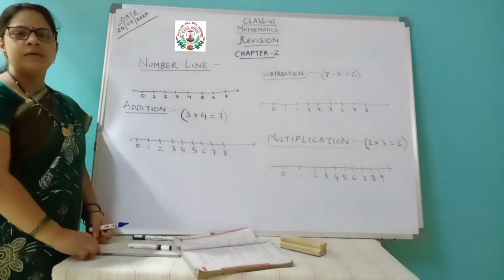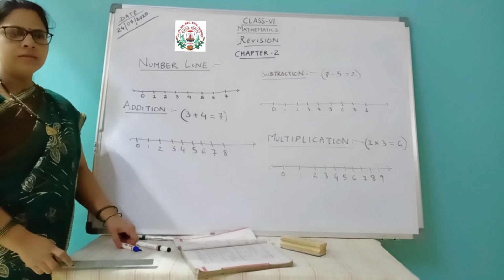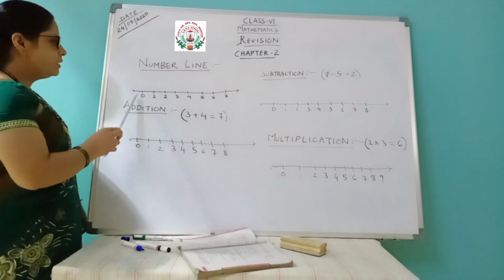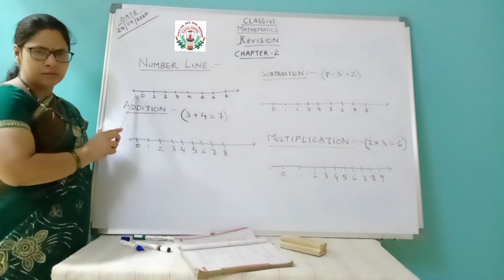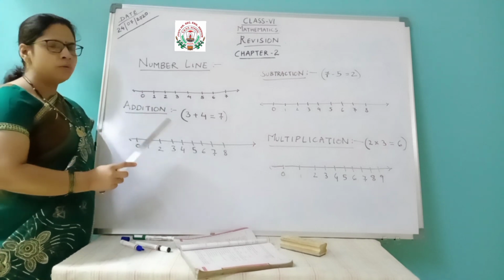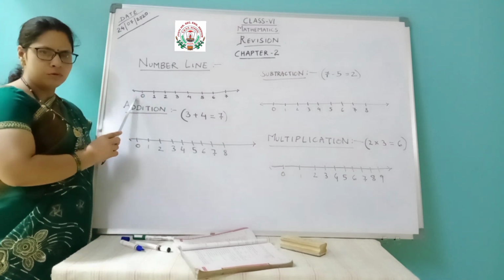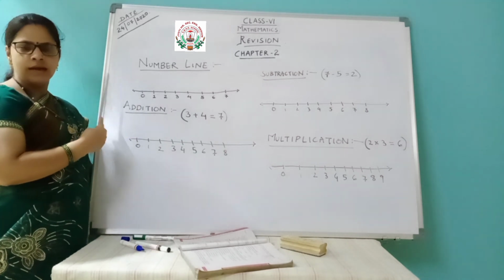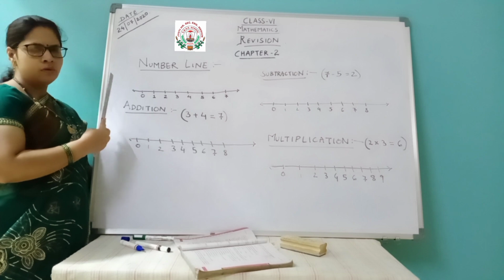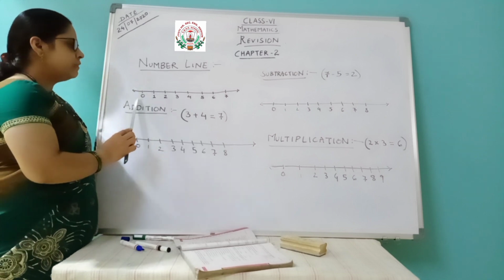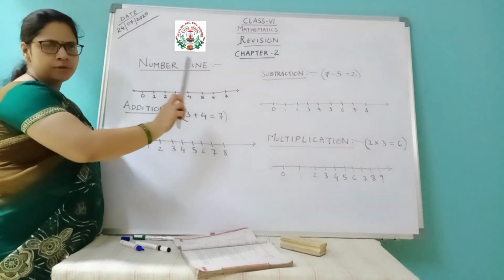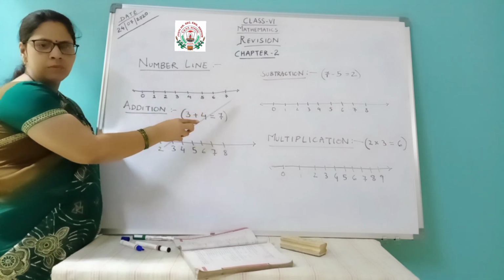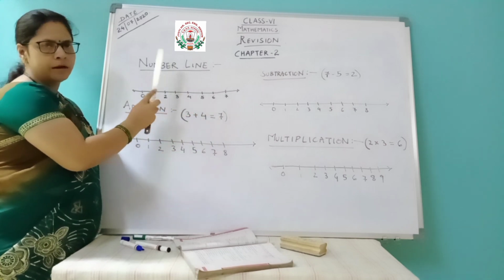Now the next topic is number line. A number line is a line over which all the numbers lie. The starting center is 0. As we are studying only the whole numbers, we start from 0 because 0 is the smallest whole number. The left side is negative numbers, which we are not going to study. So starting from 0, the right side numbers are all the whole numbers. When all the numbers are placed on the line like this, it is called a number line.